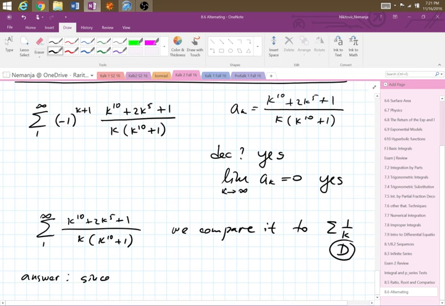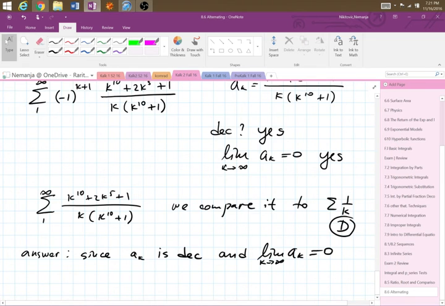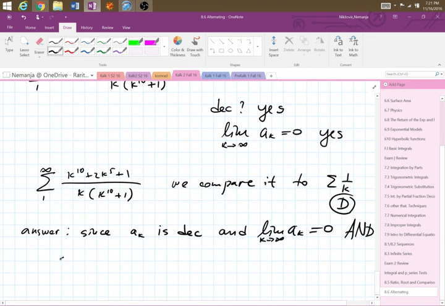Since ak, I don't want to write all of that, since ak is decreasing and limit ak is equal to 0 as k goes to infinity, and here's the capital N, summation ak diverges,